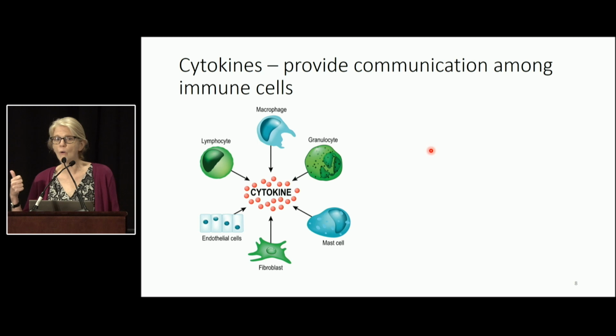Okay, the second component are the cytokines, right? We did the antibodies, now the cytokines. The cytokines to the immune system are equivalent to the hormones in the reproductive system. They communicate back and forth. So we're particularly interested in T lymphocytes and the cytokines that they both secrete and that contact them. And this is how the immune cells talk to one another, and they also talk to your other cells in